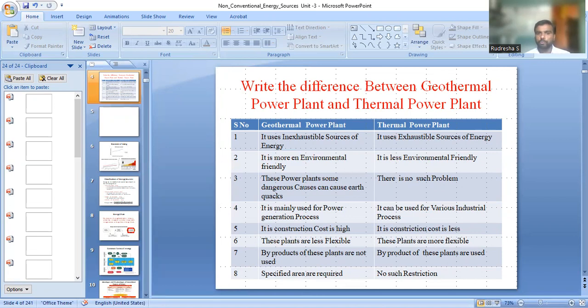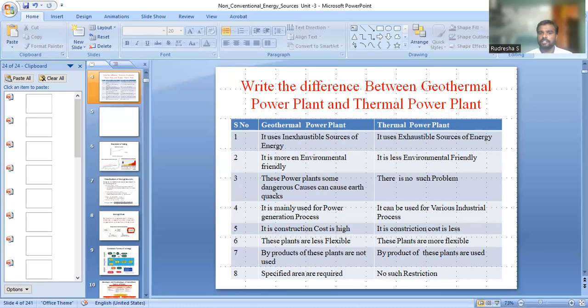Geothermal power plants can sometimes cause dangerous earthquakes. See, sometimes earthquakes happen with geothermal power plants. Those power plants can cause earthquakes. Whereas no such problems occur in thermal power plants. Thermal power plants are constructed on the surface of the earth, and there is no such kind of problem created